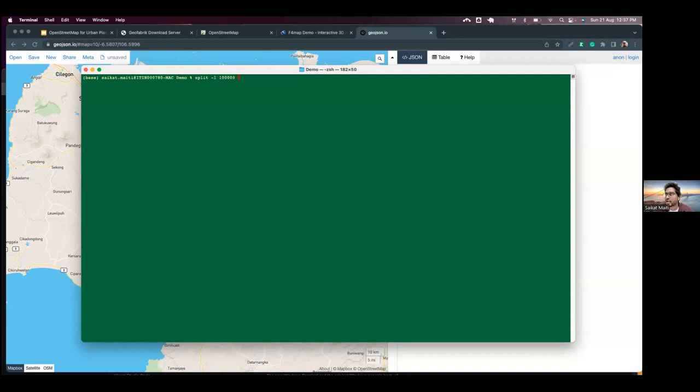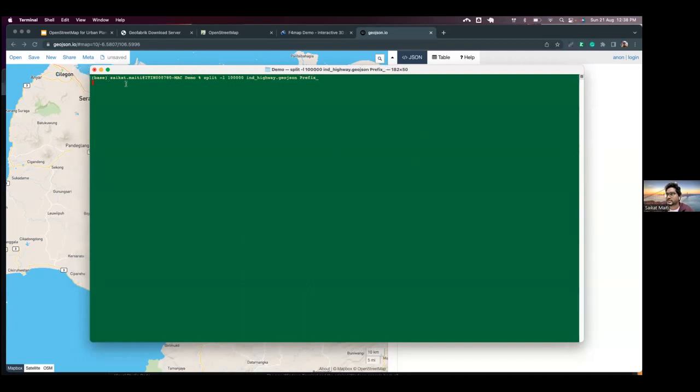For that, let's say I have some GeoJSON files on my computer already. So let's try that. There are a few GeoJSON files I have, like the highway GeoJSON, and you can add some prefix to get all these file names. If I add a prefix, I can get all the files, and you can see that it has now started processing that particular command, and it will give me lots of GeoJSON files from a large GeoJSON